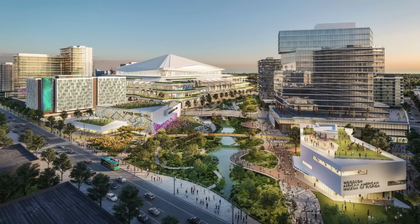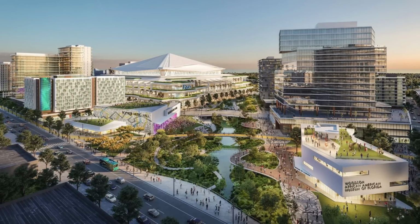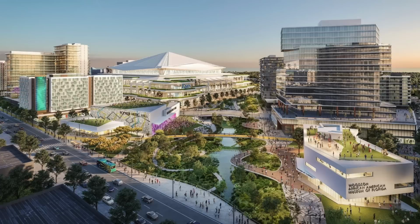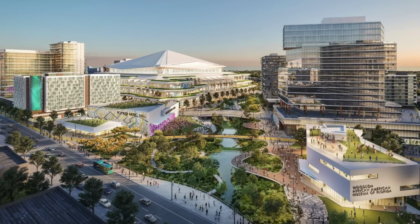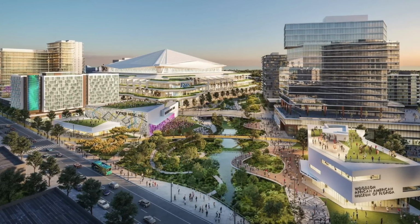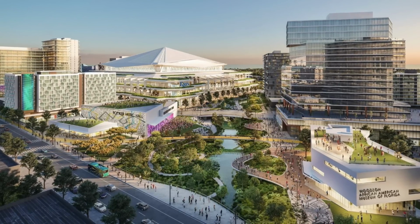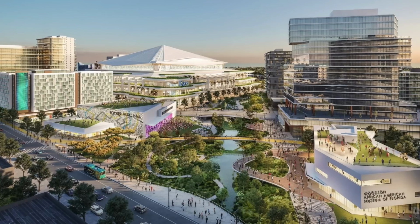Well, ladies and gentlemen, more and more renderings continue to leak out regarding the Tampa Bay Rays' new potential stadium, the cost of it $1.3 billion. These are just updated images. We got the initial first interior image last year, I believe in October. Actually, you know what? I think it was late September, the initial rendering came out, and now we finally